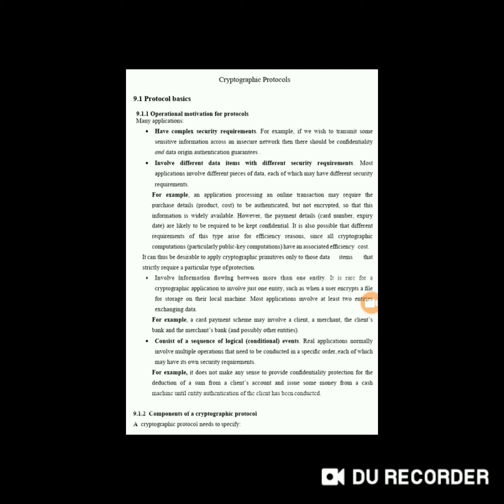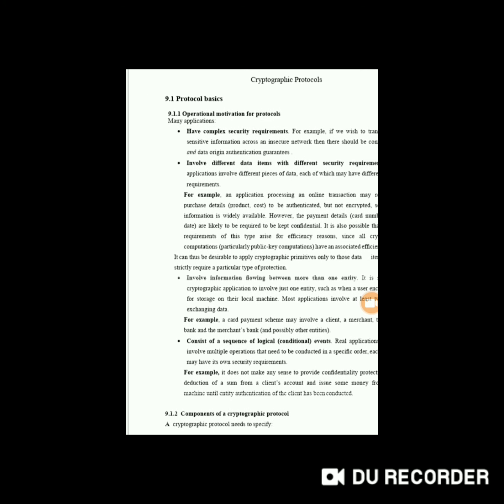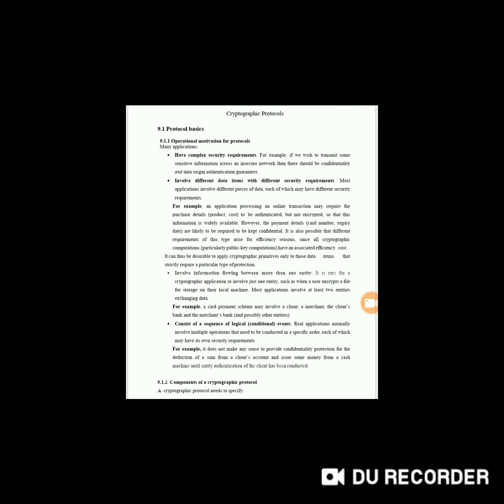So now we'll see about the components of a cryptographic protocol. A cryptographic protocol needs specific components. So first one, the protocol assumptions.